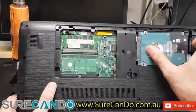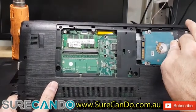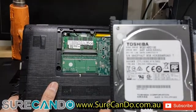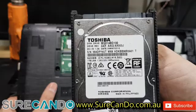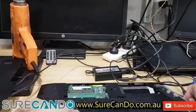Alright, let's get into it, shall we? So we take out the hard drive, very simple, it slides out. Yes, it is a Toshiba 1 terabyte. Can't believe people still use traditional